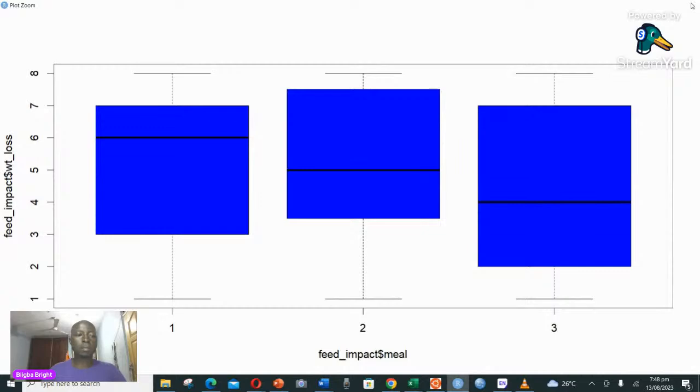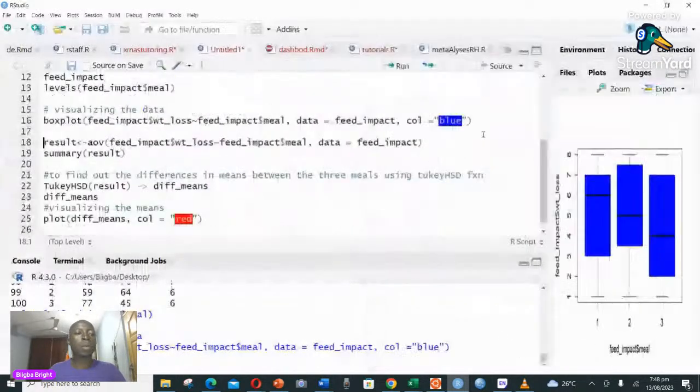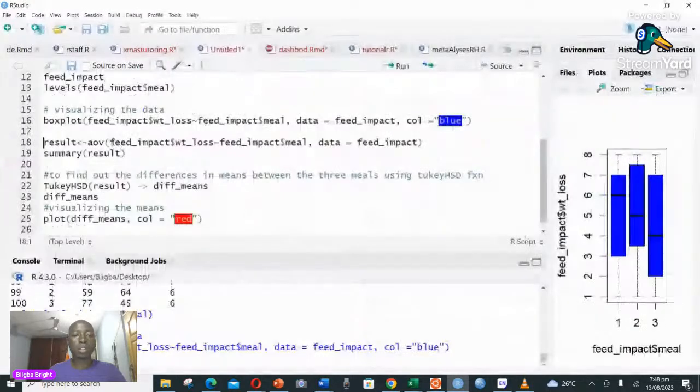So to be able to find out whether the difference is significant or not, we are going to look at the weight lost and how it is being explained. The tilde here means it is being explained by the meals. And then when we do that,